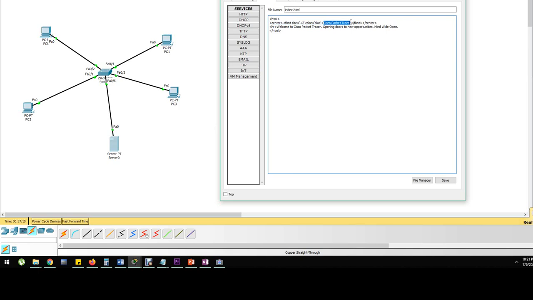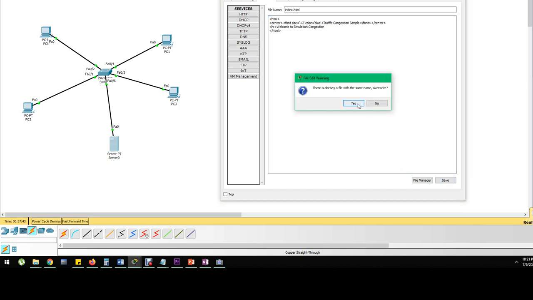This is not a Cisco Packet Tracer exercise. This is a traffic congestion sample. Welcome to simulation congestion. Now we will save this file. Overwrite the file. This file will act as the web page when we try to surf the server via IP. So we save that. Let's close it,